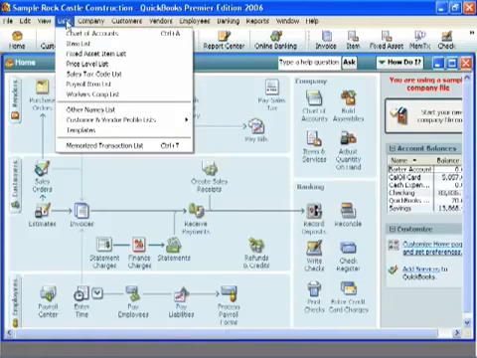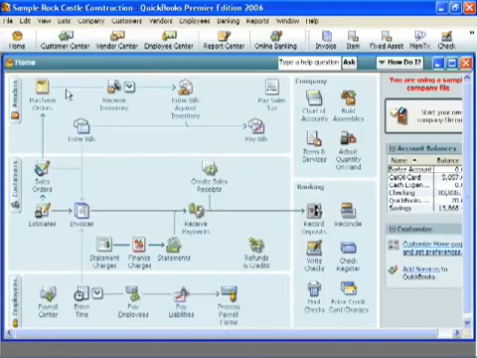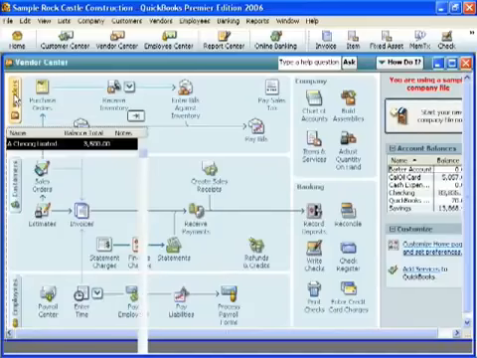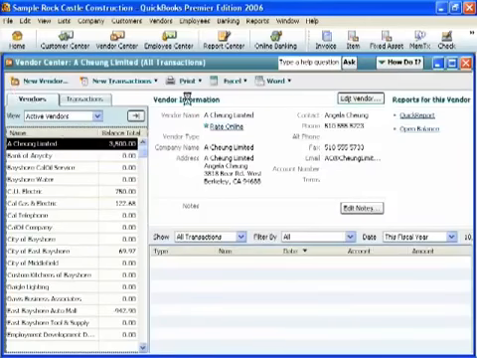Alright, but I'm going to show you the most popular way to get to your lists. Let's start in the vendor area, and if you will click on where it says vendors, okay, click on this, and now we are in what we call